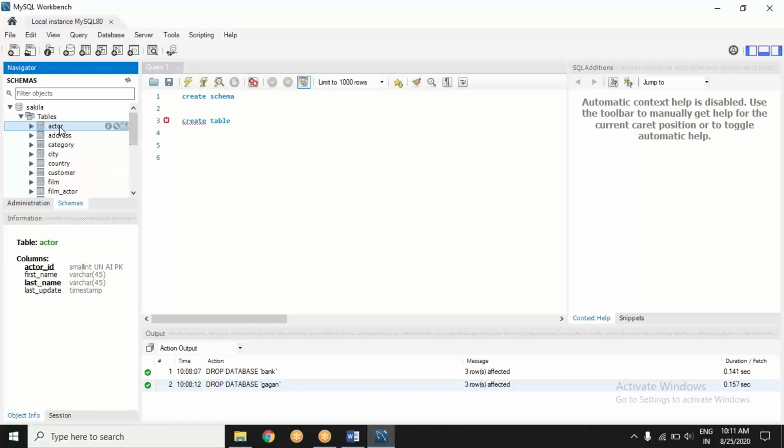Can we check something? Yes. Check this out. Click on this actor table here. When you click on this actor table, there are three small icons there. If you hover your cursor around, you see that? So click on this tabular icon, this table form icon.